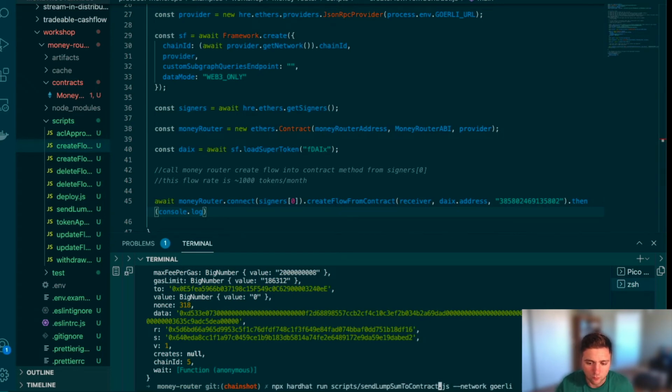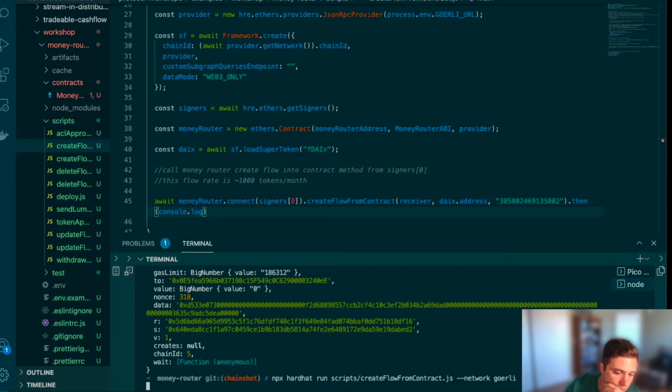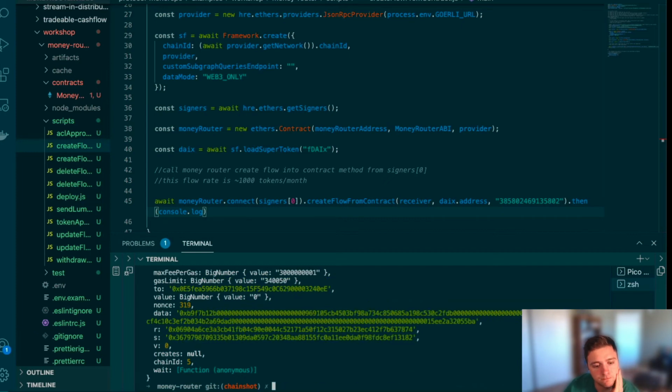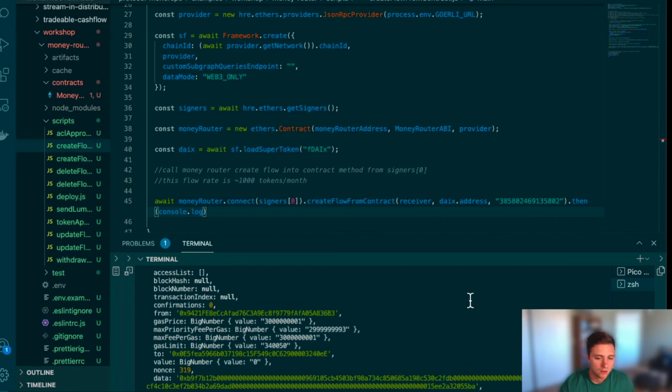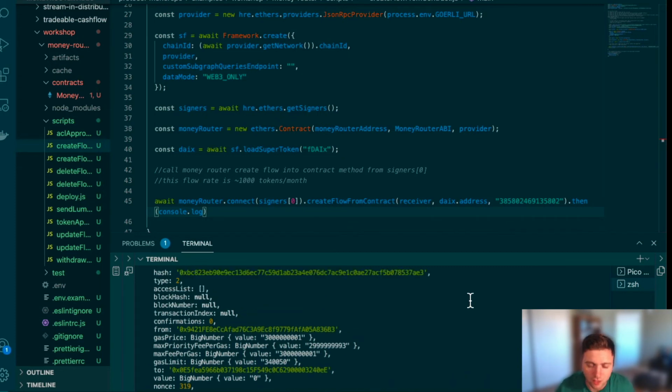And this time we will just call create flow from contract. All right, and this should complete in just a second. Looks like it did. Okay, so while we wait for that to complete, I'll just briefly talk through the other